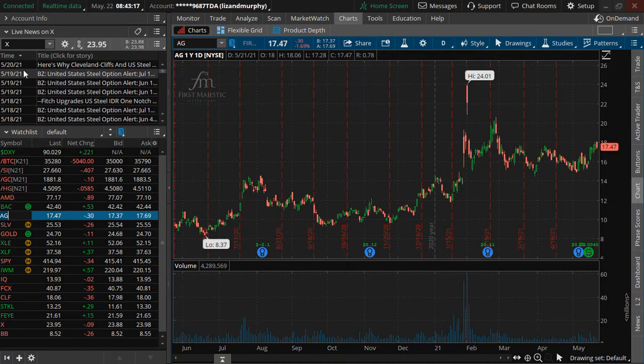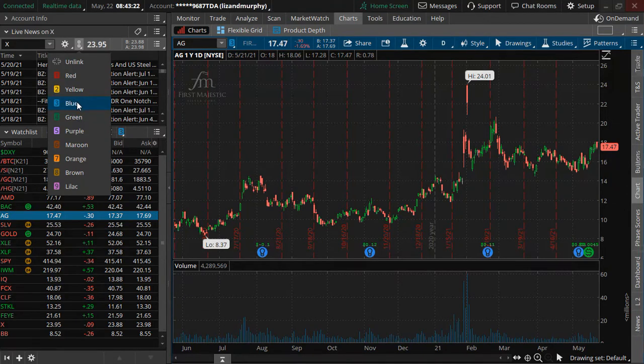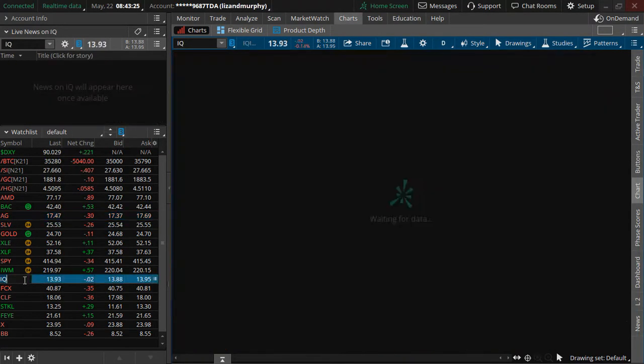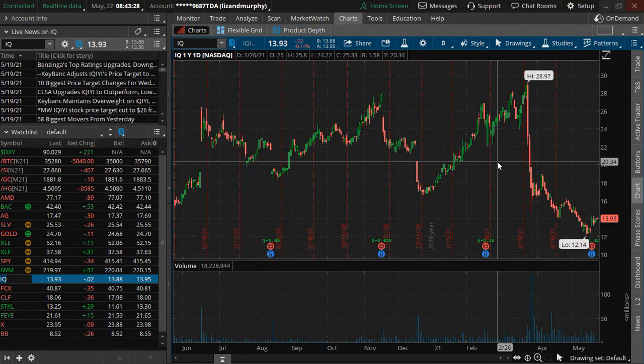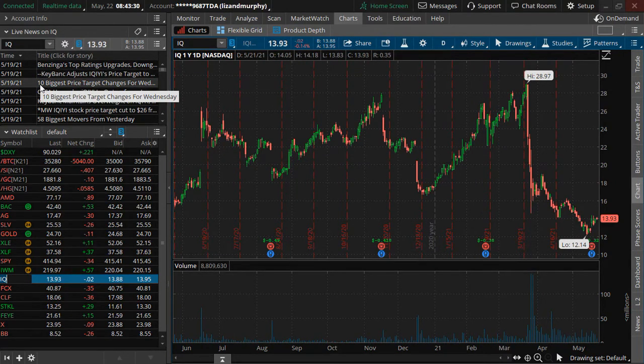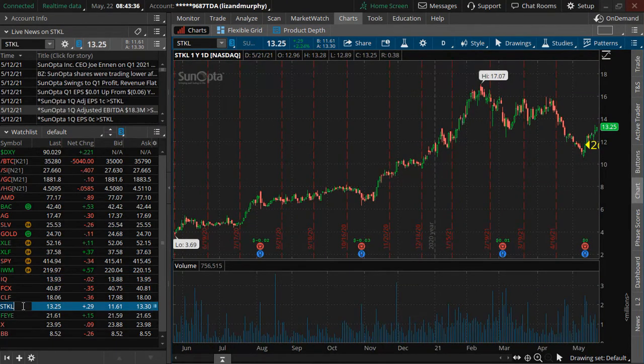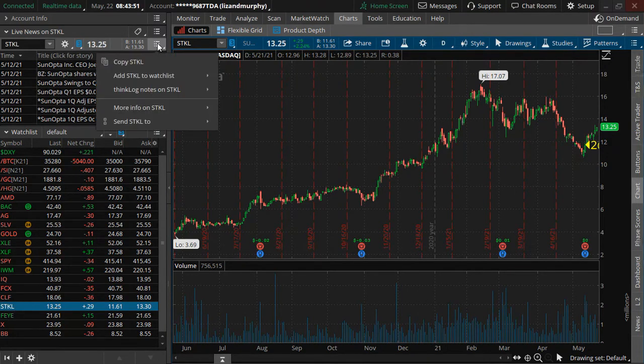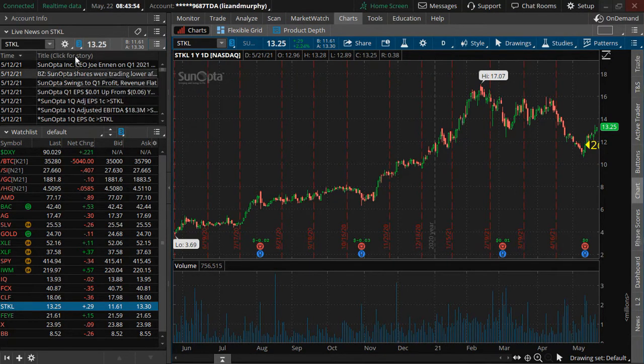Now the news widget up above, you can do the same exact thing. You can link it by color, and that way whatever you pick, it will open up the chart for that, and it will also open up any latest news for that particular ticker. It's just a wonderful feature, and it helps keep you up to date on everything that's going on. And like I said, I was just going to keep it there to show you what it can do for you, but for the space that I've got, I'm just going to go ahead and